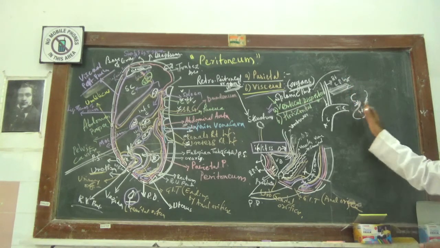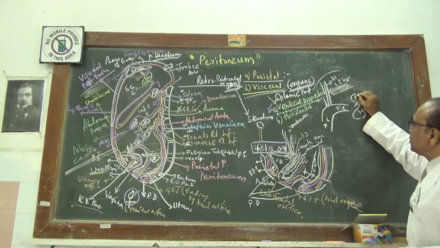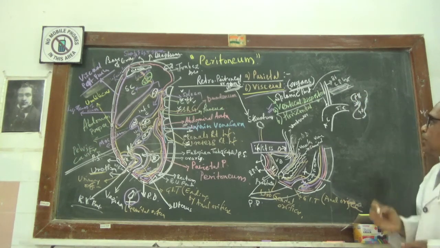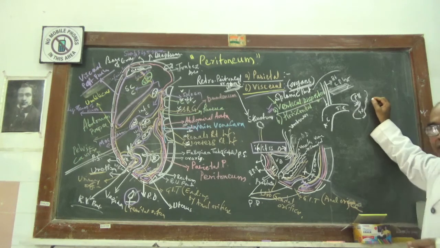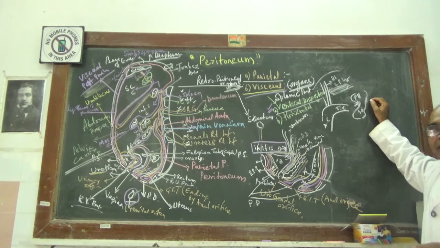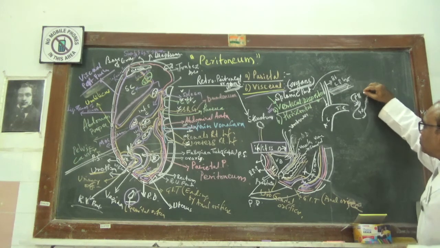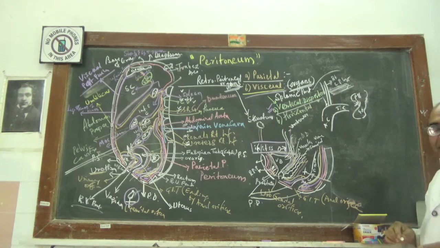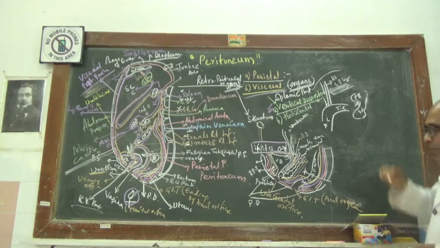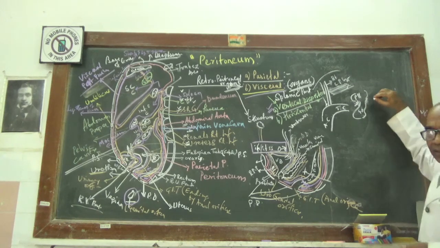Then we will move towards the medial aspect of this, where you will have the porta hepatis. Now this porta hepatis is the gateway for the liver, where you know that the lesser omentum content is the portal vein, hepatic artery and the bile duct. The bile duct will come out from the porta hepatis, and then it will form the right and left hepatic duct, and that right and left hepatic duct will form the common hepatic duct.